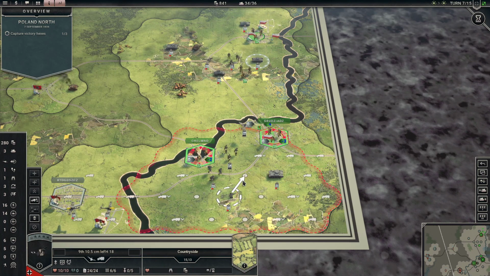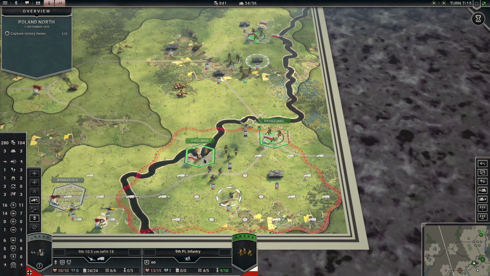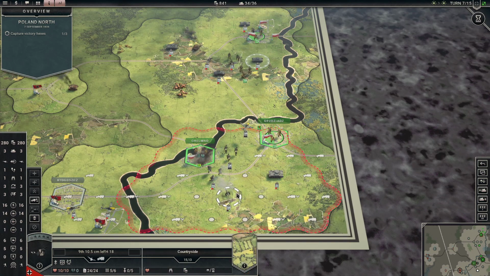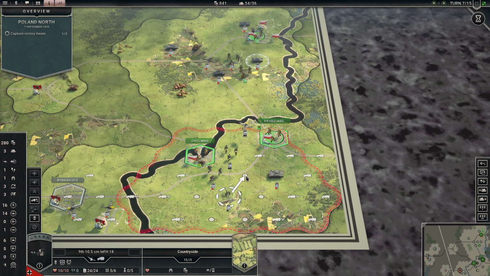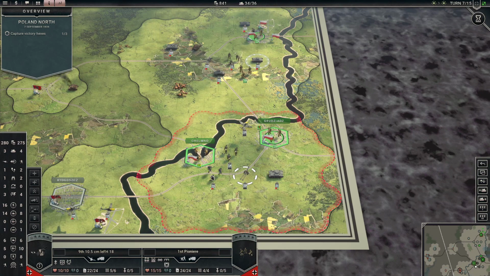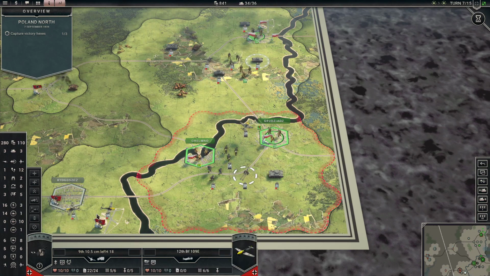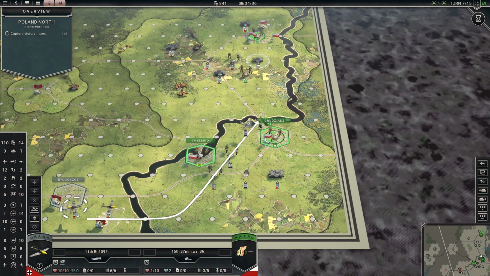And then I think I'll fire this guy at this town, which is the next objective. Tempted to move him here. I don't think that infantry is going to come out to kill him, so I'll take the chance. I don't know why I did that. I probably shouldn't have done it. Okay, so next,